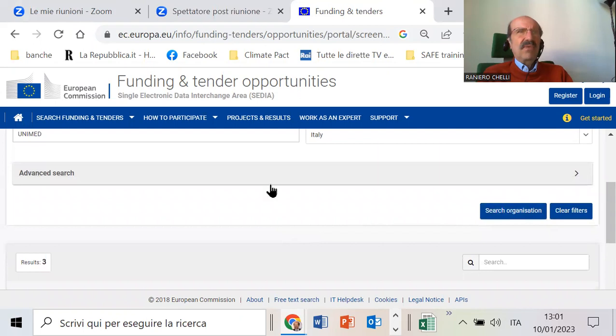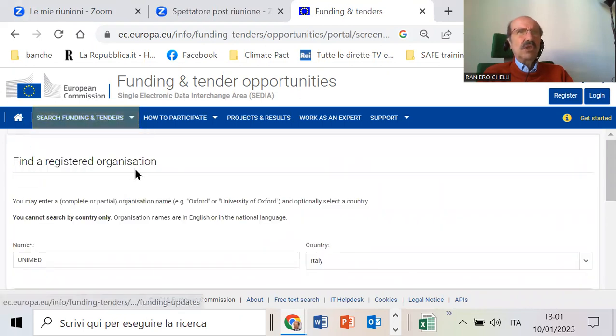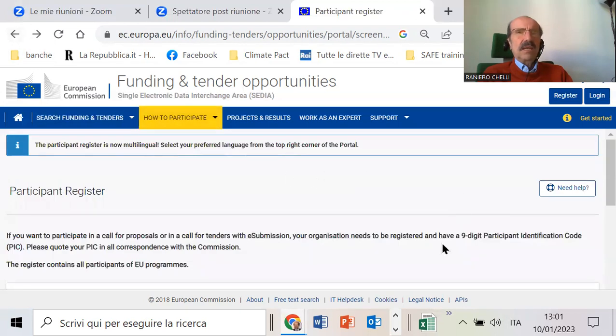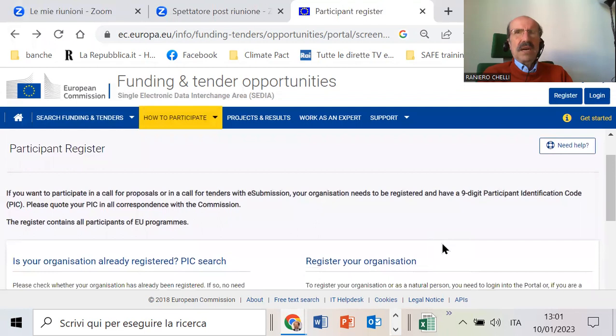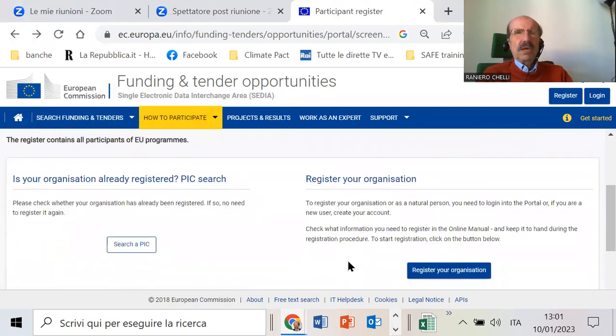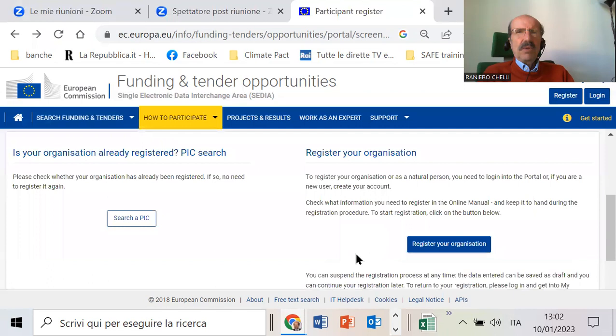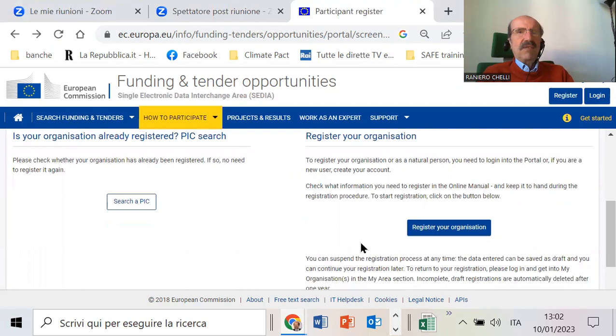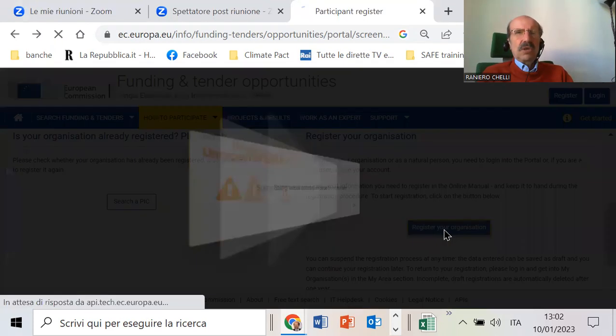However, if I find out that my organization does not have a PIC, so it's not found, you must be careful, because it can depend on the way you write the name of the organization. Okay, so for instance, in this case, it was very easy because it's a unique name. But if you have several ways of writing, like Rome University or University of Rome, it will provide different results. So be careful about that. If you, however, realize that your organization has never participated in a European program and it doesn't have a PIC, then you click on register your organization,